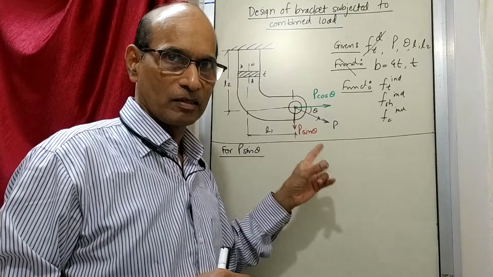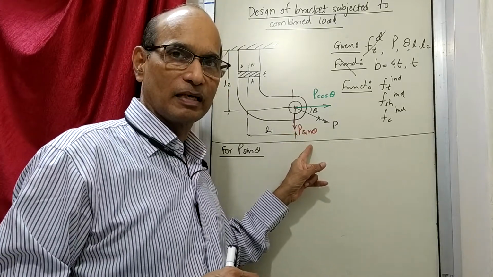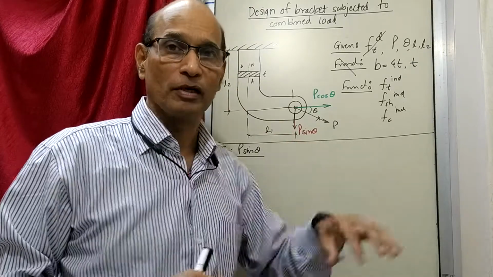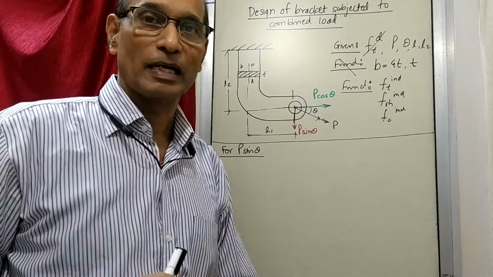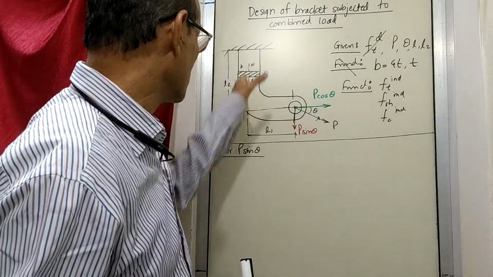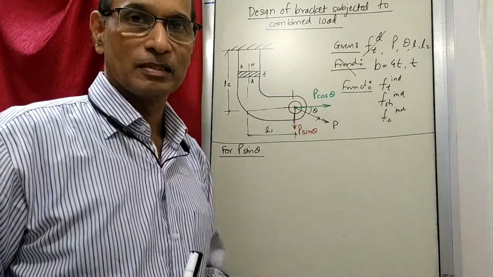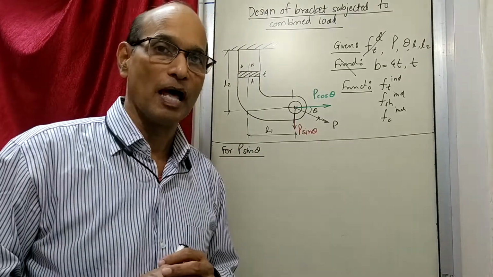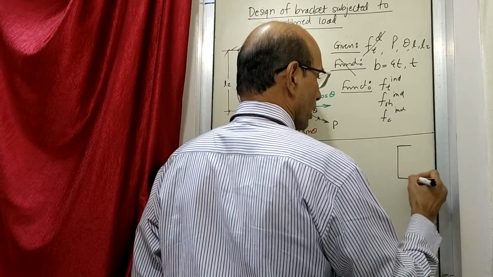Please remember that. So, as far as P sine theta is concerned, can you relate this to what is already done earlier? So, there is a bracket like this. At this point, there is a force acting, which is, you can see, it is parallel to the neutral axis. And you are asked to find out the size. What kind of design equation do you write? Is it related to something which you have already done? So, try to go back and find out. Do you remember we have done this?